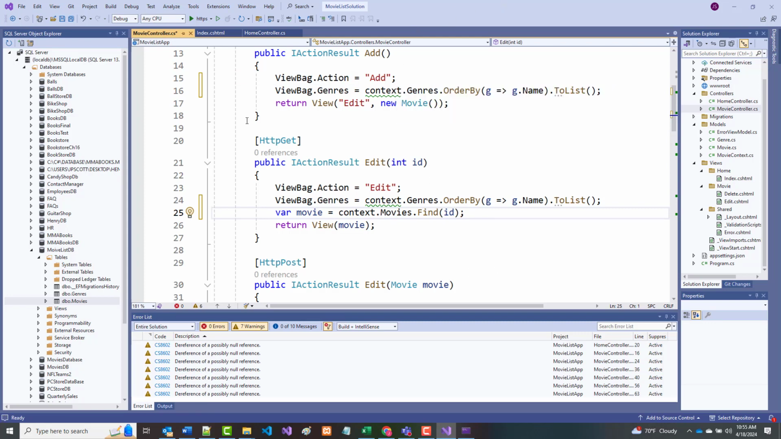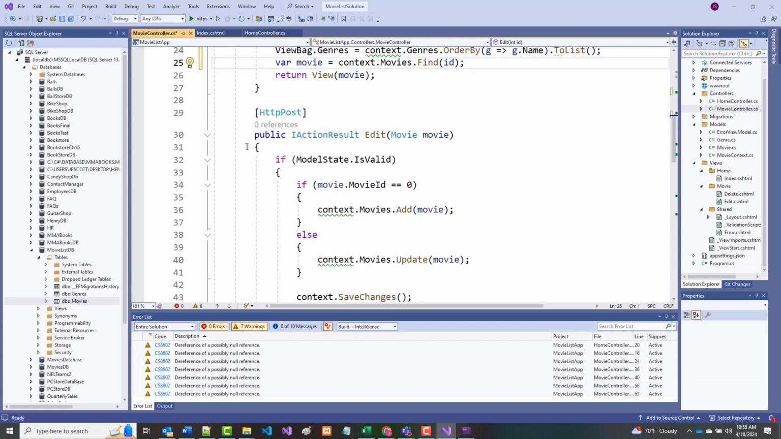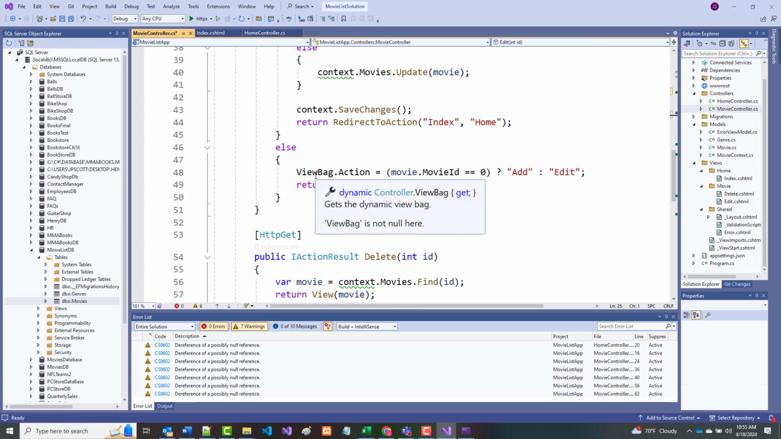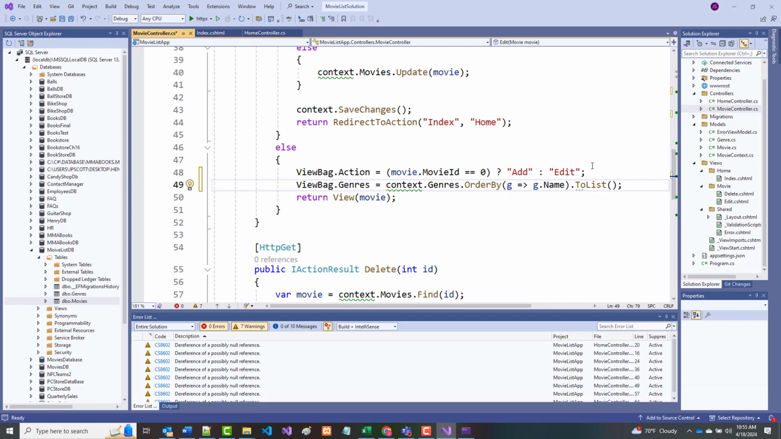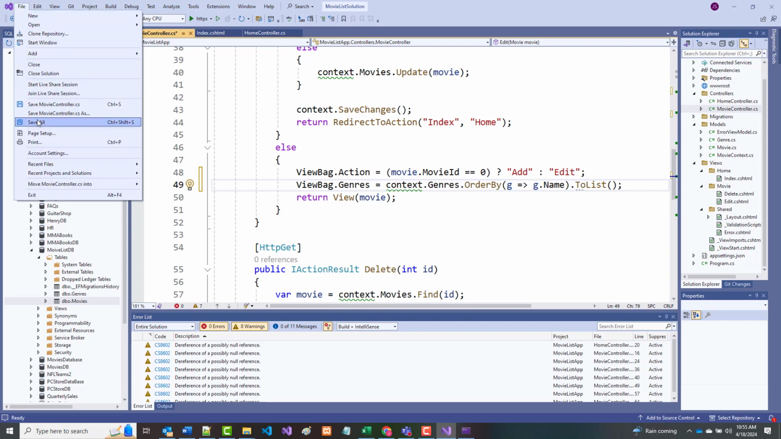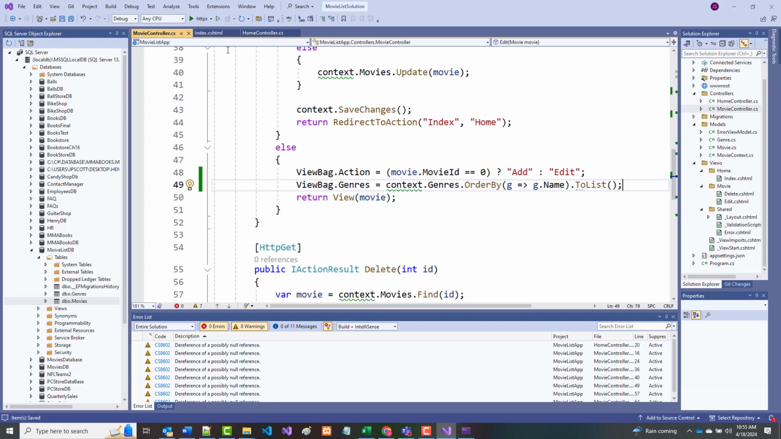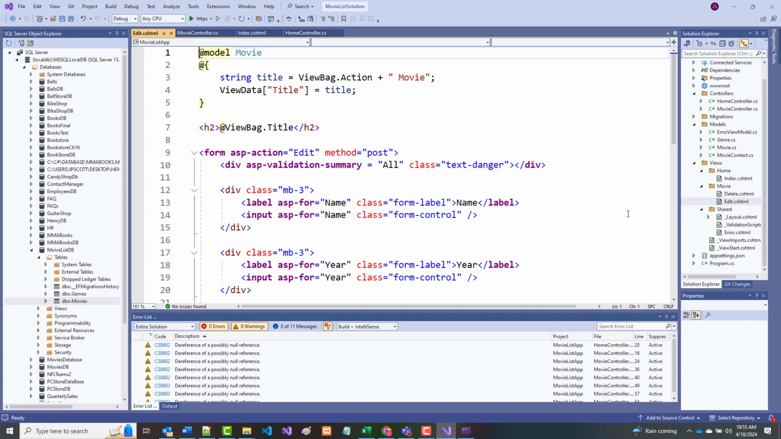Okay. Then in the edit of the movie controller, in post, in this else, we want to add it again. All right. And in the form tag for the movie edit view, we're just about done. So file, save all. Movie edit. All right. So in the form tag,